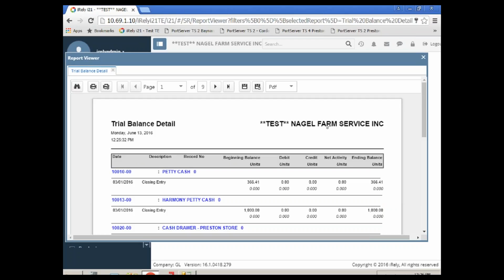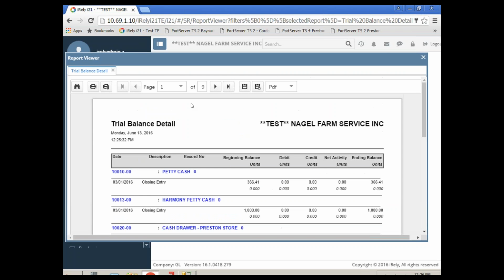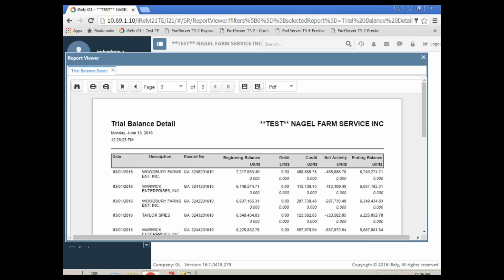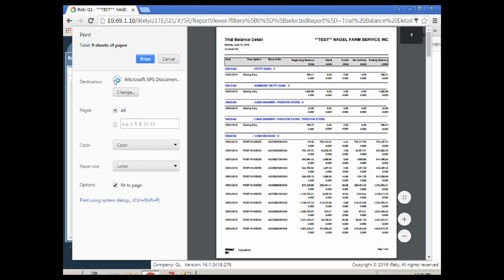This is going to be our report in that time period, and it's going to look pretty similar to what you've seen before. And what I want to show is printing. The printing is different in I-21. We don't have that whole setup of printers in the system. What we're doing is hitting this print button, and it's going to bring up the Google